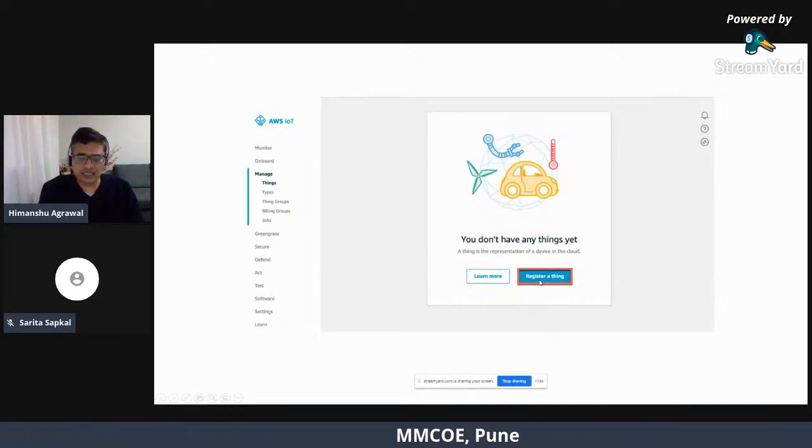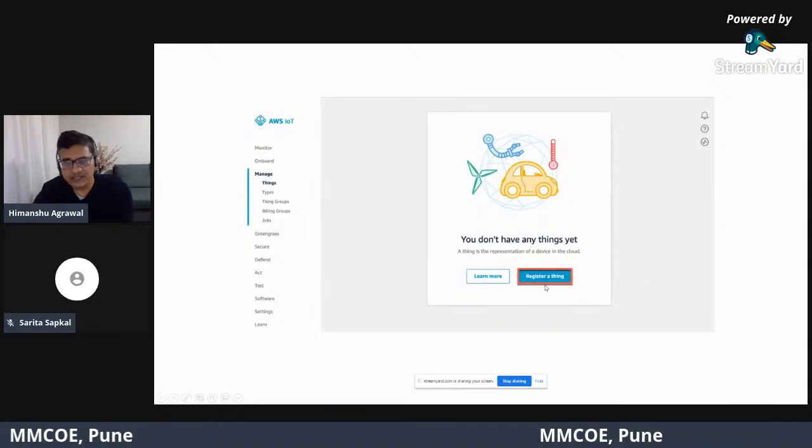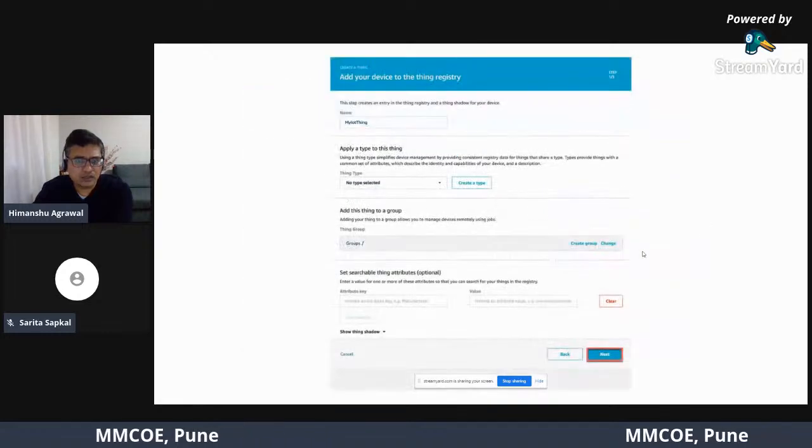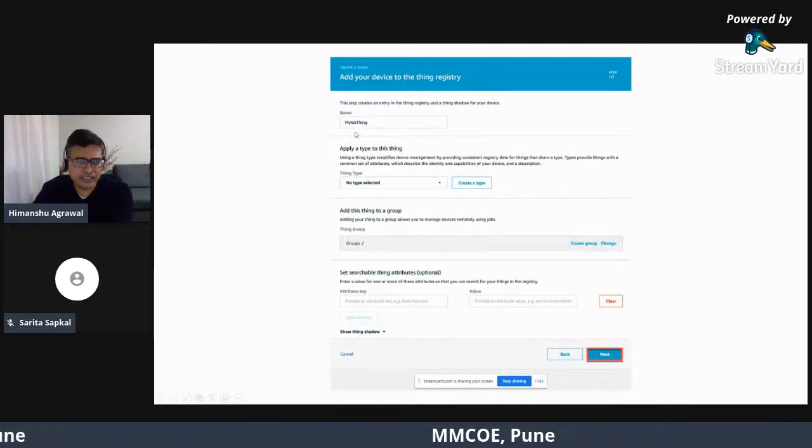You can see here that I have my sensor data which I can register as a thing, and I can create it as a single thing, or I can create many things, right? And when you create it, you can name it.